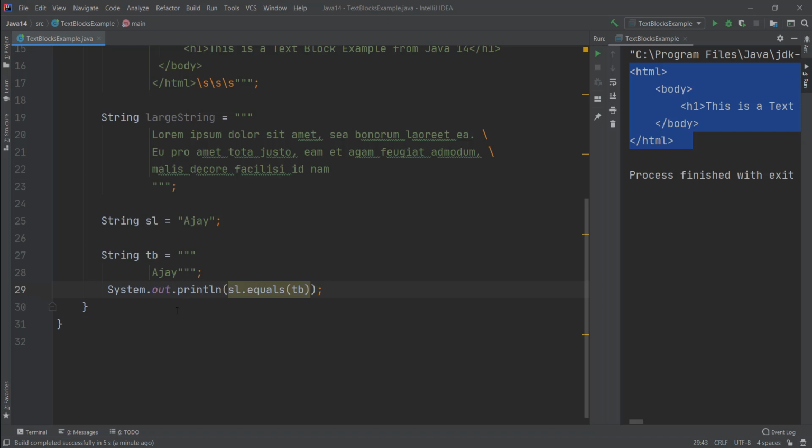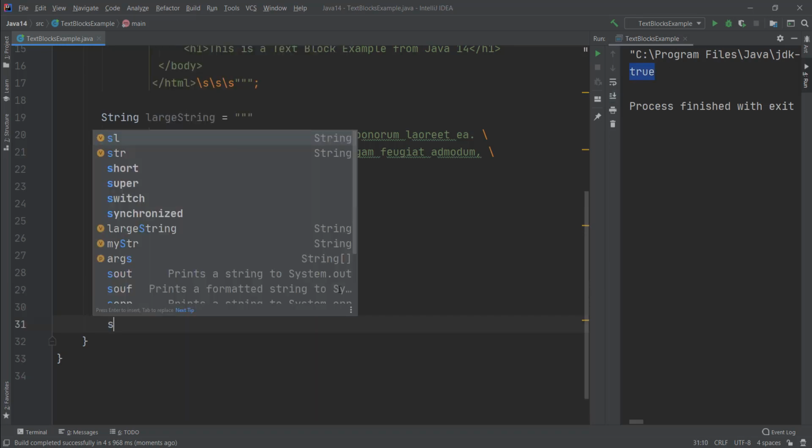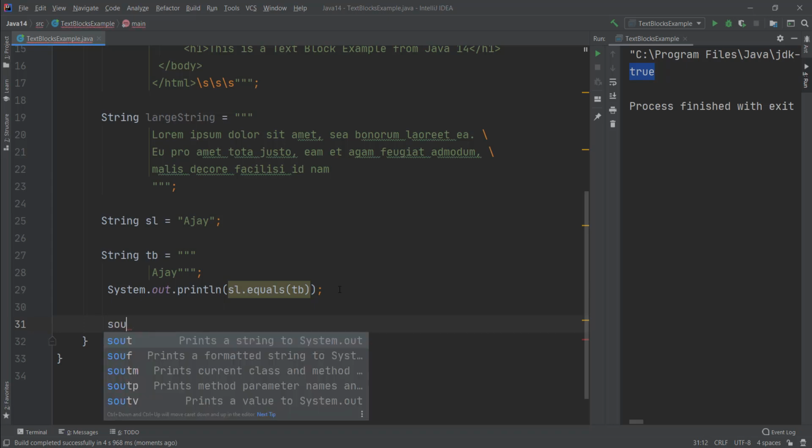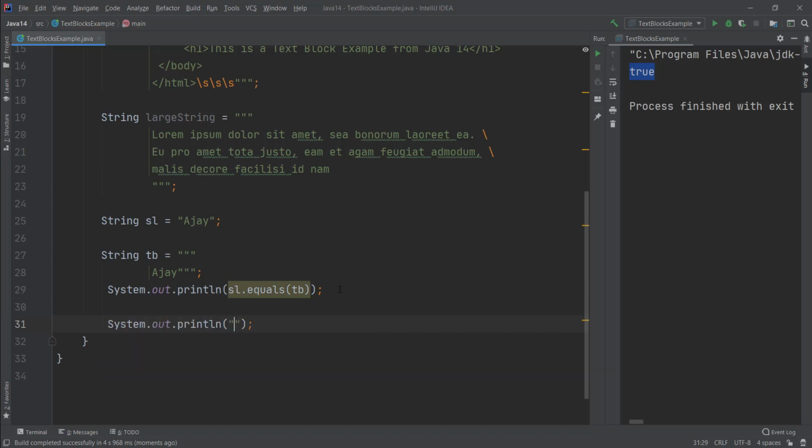This would be true, because both the string literal and the text block would be compiled to the string Ajay. If I run this, it will print true. Now you can also use text blocks directly in sysout, just like a string literal. This will print the content in the text block.